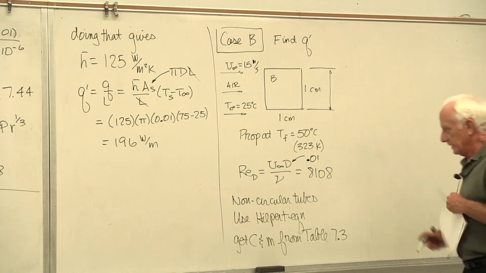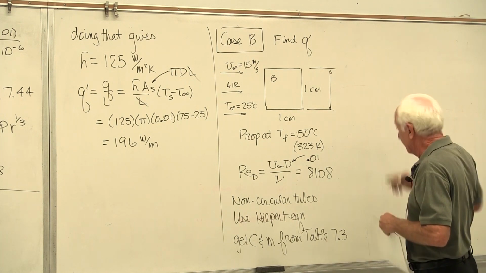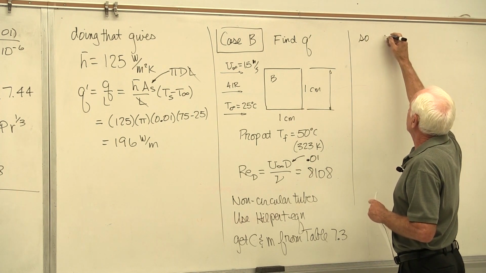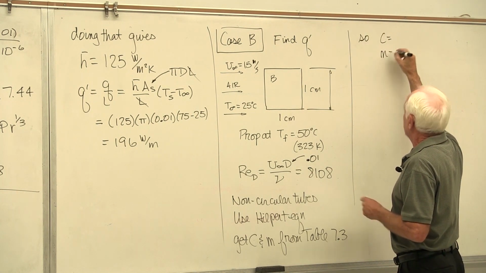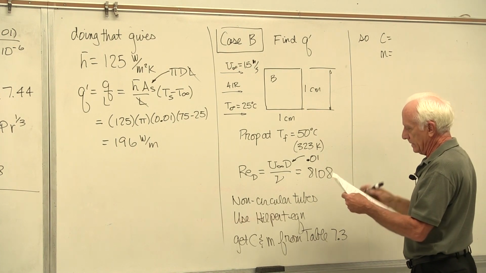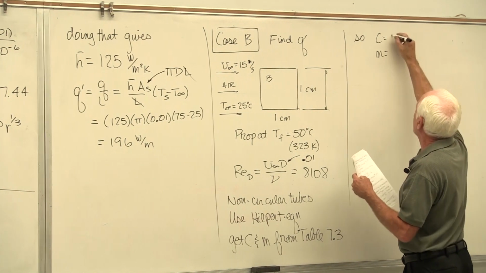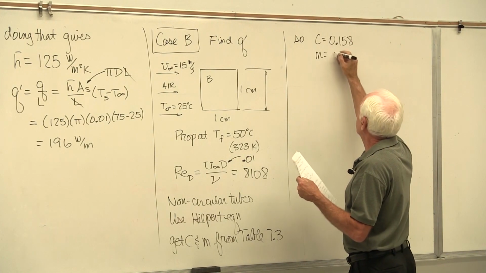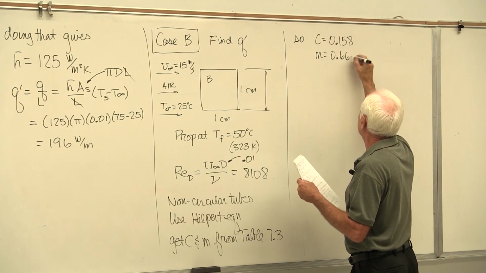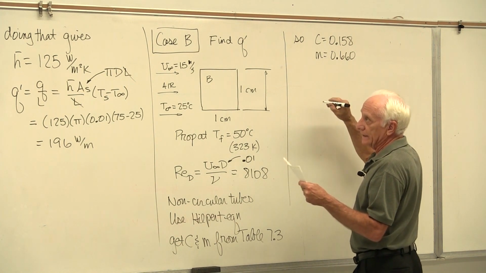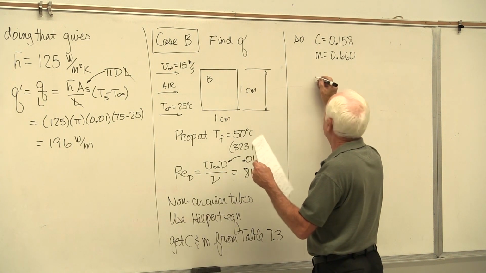Okay. I'm going to put that up there for you just so you know what those two guys are. So C, M for this one, case B: 158, and M 0.660. Okay, so for this case we get